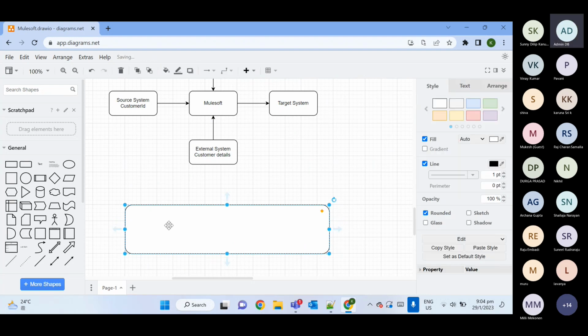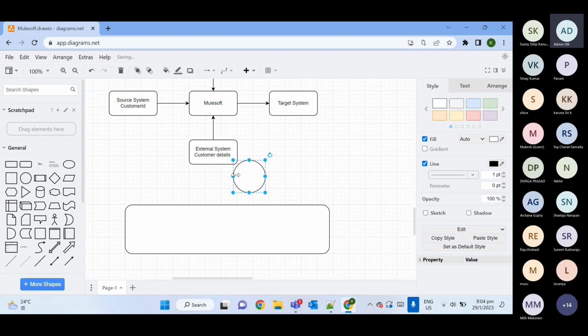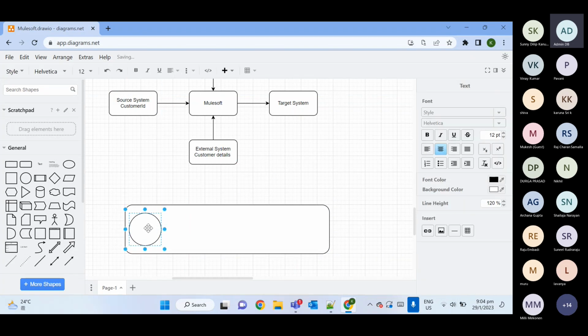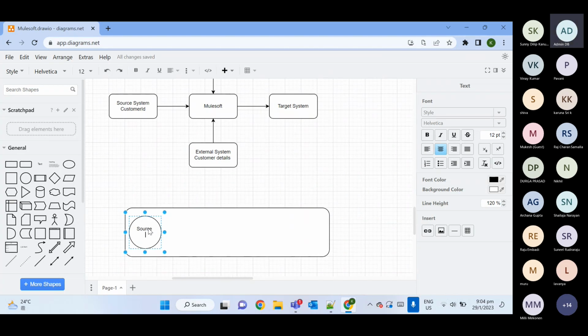So what happened inside this MuleSoft? First thing, someone will call our API. So what we need to do, we need to expose our API as a REST API. So here we should have source system, source. And what this source will do, it will expose